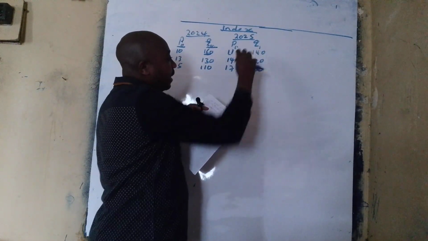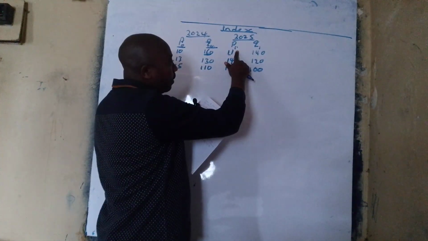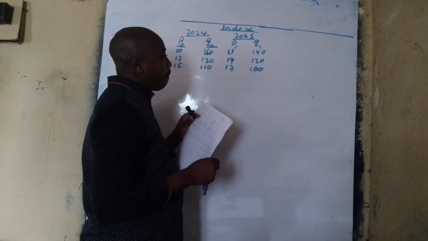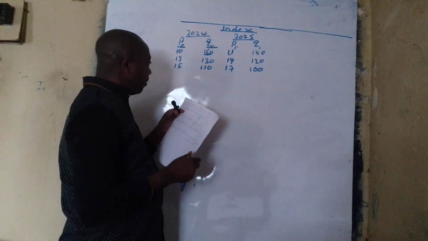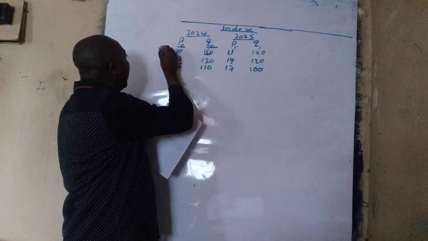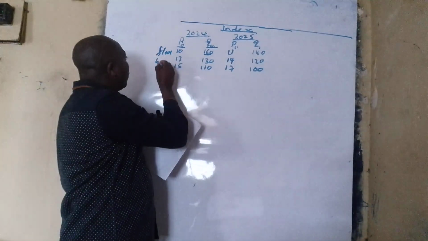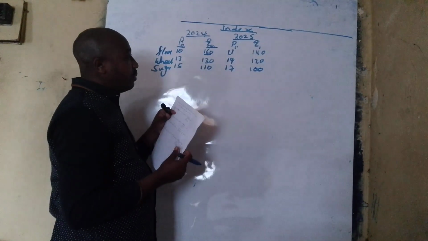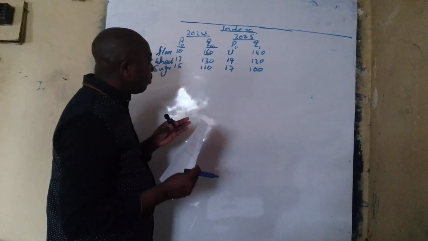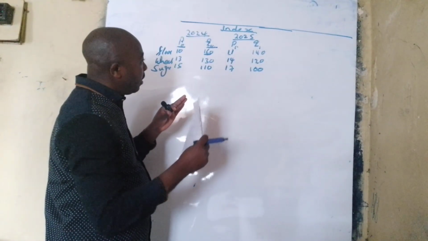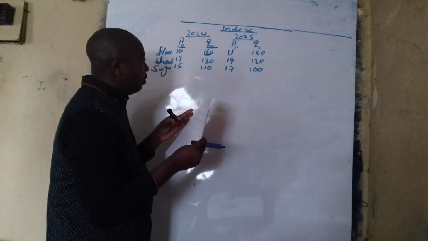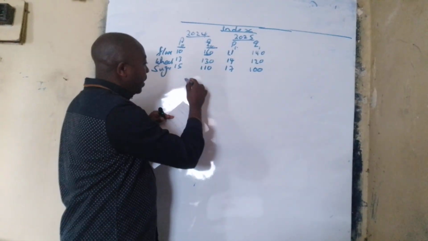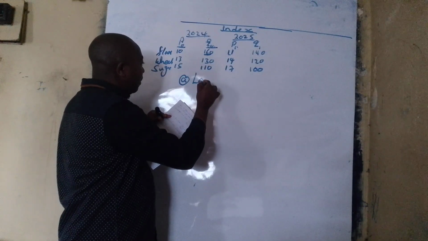The price for the current year, we call it P1, and the quantity for the current year, we call it Q1. And of course, here we are being given some items. They are telling us this is flour, this is wheat, and this is sugar. We have three items. So we are being told in the question to calculate the Laspeyres. I've just summarized the question because data is the key. So one of the methods we are going to use is known as